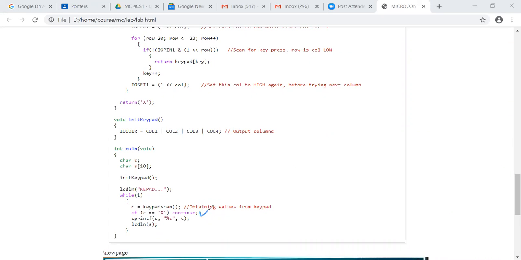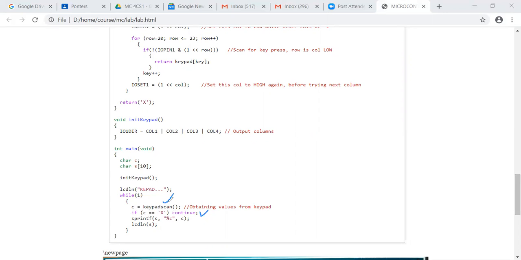So the keypad scan is continuously scanning all the keys to see if there is a press. What if the user has not pressed any key? Then the keypad scan routine is complete, but it did not recognize any digit. In such cases, keypad scan returns an X, to indicate that there is no key press at that point of time. If there is a key press, of course C will hold the proper digit, 0 to 9. So that is the input-output contact between main and the keypad scan.